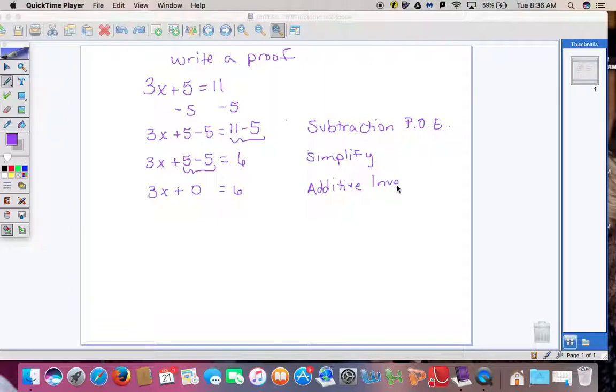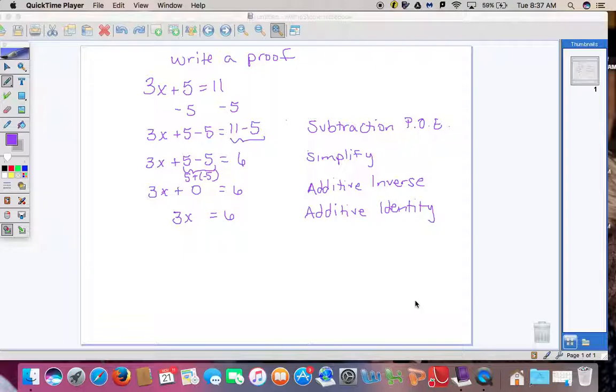Now remember, the additive inverse property is when we add opposite numbers, we get a 0. So the inverse properties are where you get a 0 or a 1 if we're talking about multiplication. Okay, but because we're adding 5 minus 5, or that would be the same as 5 plus a negative 5, we get a 0. Okay, so our next step would be to say 3x plus 0 equals 6. So when we're adding 0 to each side, that's using the additive identity property. So 3x plus 0 is simply 3x, and that's the additive identity